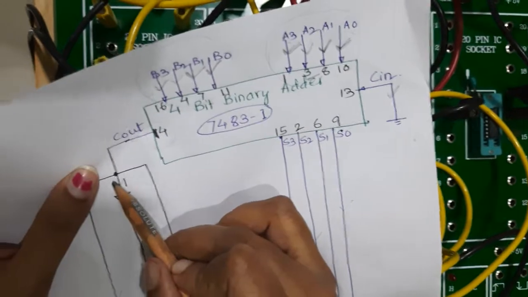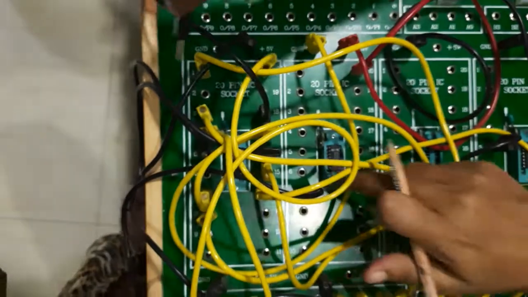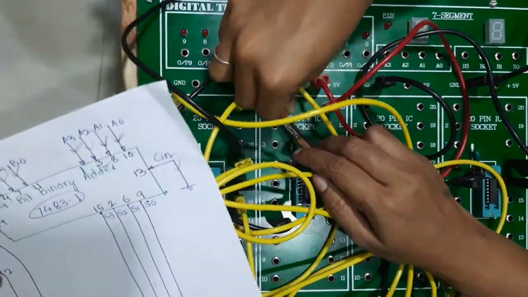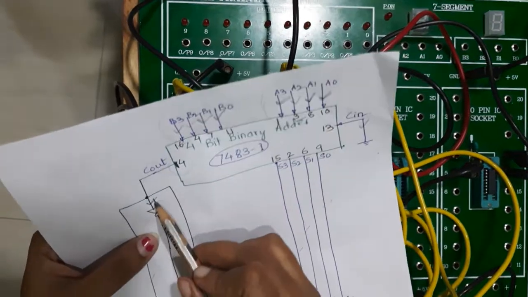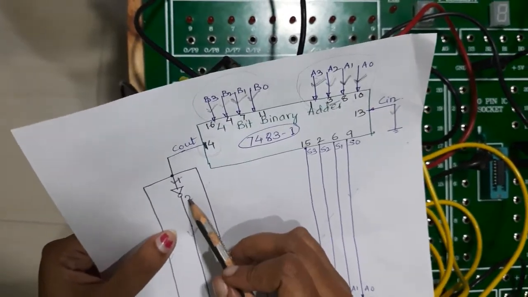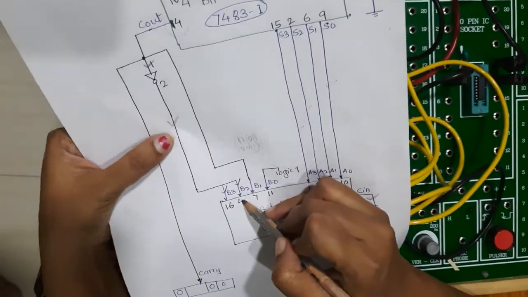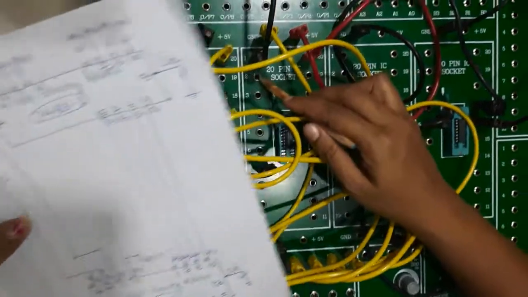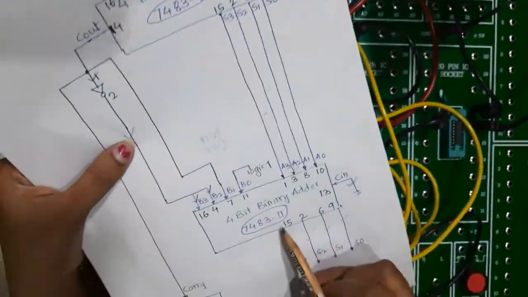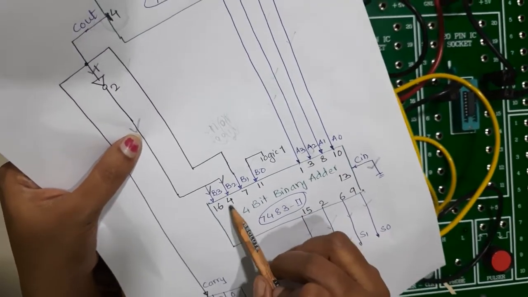The first connection we have to do is to connect this to the first input of the NOT gate. So this is what my NOT gate is, the first input pin 1. And where can I get the output? Now this output value, from the second pin of the NOT gate, I have to connect to 16 and 4. So get the output from the NOT gate's second pin. It has to be connected to the 4th pin of the second 4-bit binary adder.